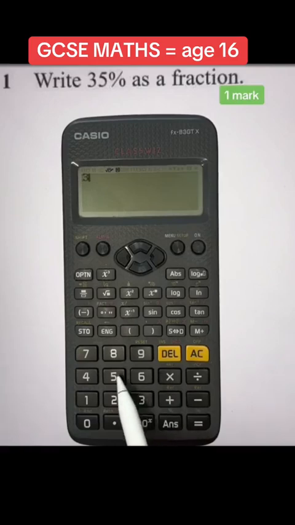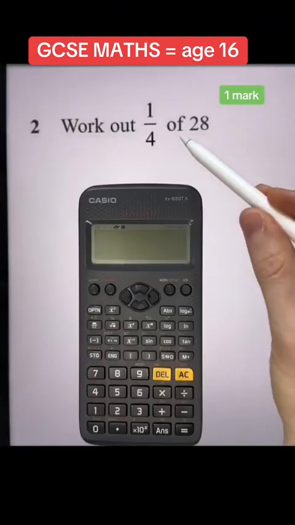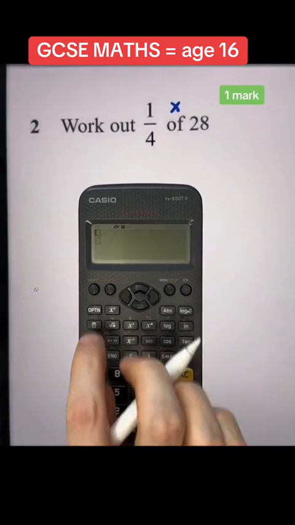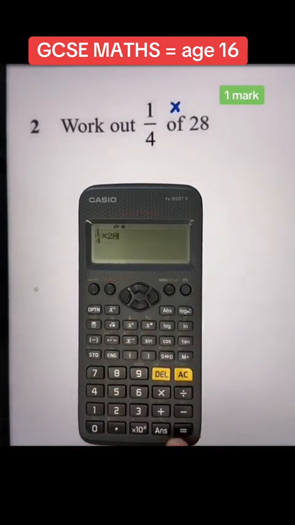In our calculator, we type 35, press shift and then answer to get our percent key, press equals, and it comes out to be 7/20. Question 2, work out a quarter of 28. Of in mathematics means to multiply. In our calculator, we just press fraction key, type in 1/4, then multiply it by 28, press equals, and it